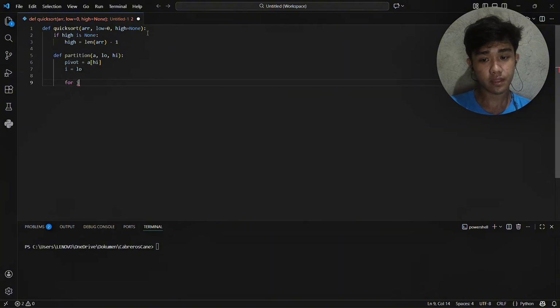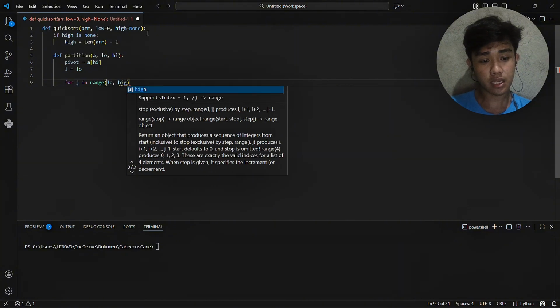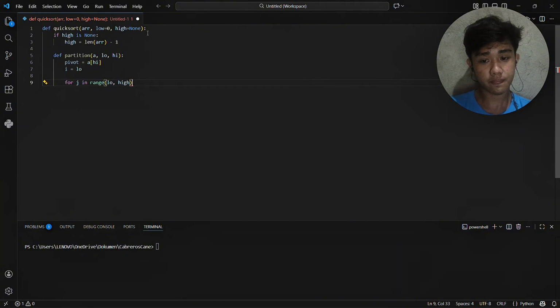Next, for j in range, we scan the array. So j moves from left to right. It checks each element against the pivot.